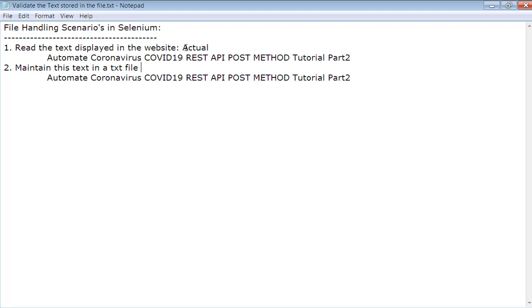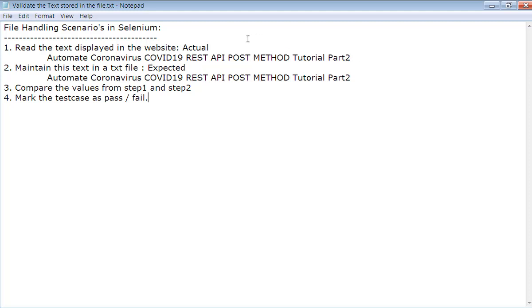When you maintain the text in a text file, it is your expected. So your expected has to be stored in a file and the actual will be read from the website using the Selenium automation tool. Then compare the values from step 1 and step 2 and mark the test case as pass or fail.